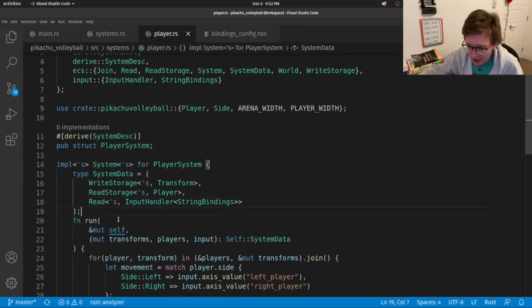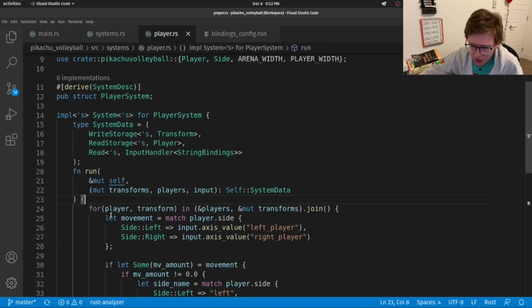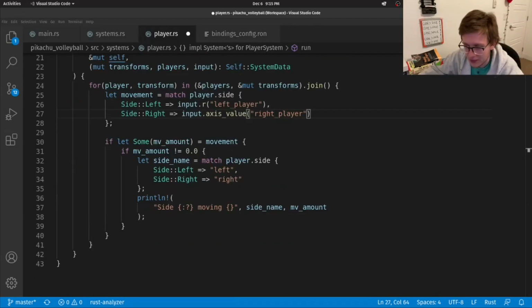Okay, now we have this run function. And before we get into it, quick pop quiz question. Where are we even calling it? Well, thing is, we aren't, and we won't. Not explicitly, that is. You see, when the engine starts, something called a dispatcher will try to execute systems repeatedly, and it does so by calling our run functions. So we don't have to worry about making any explicit calls.